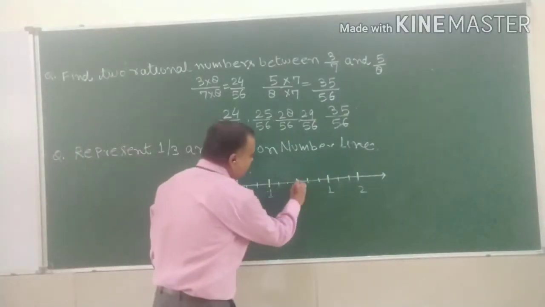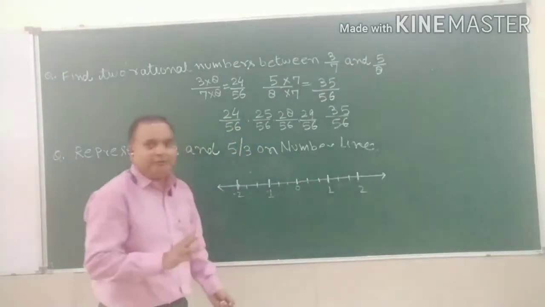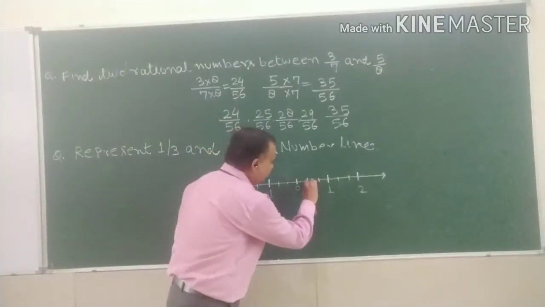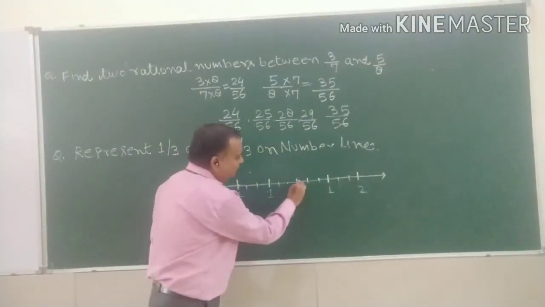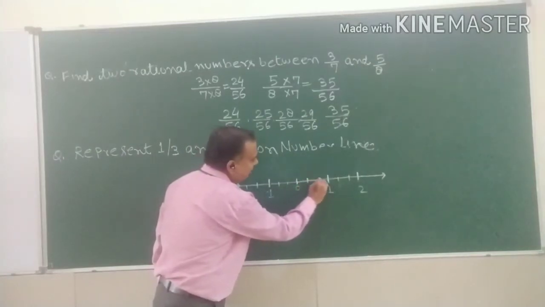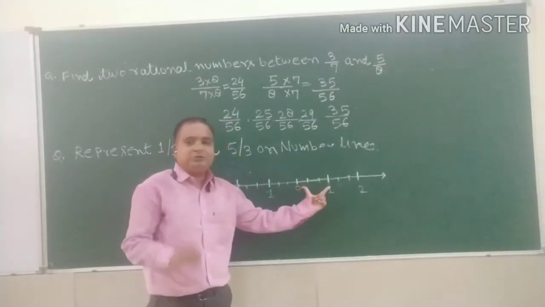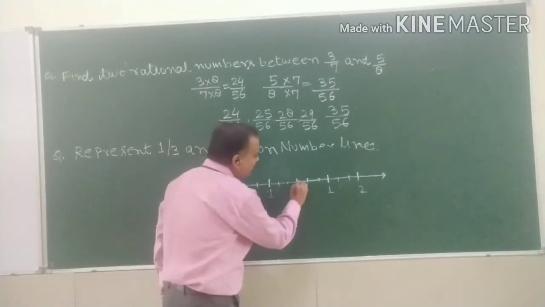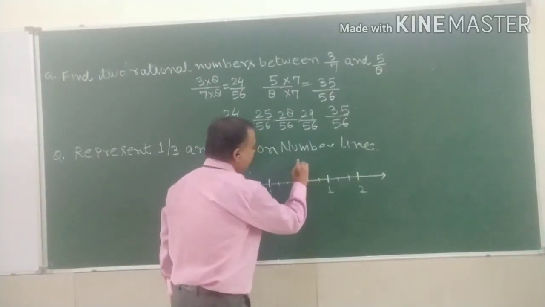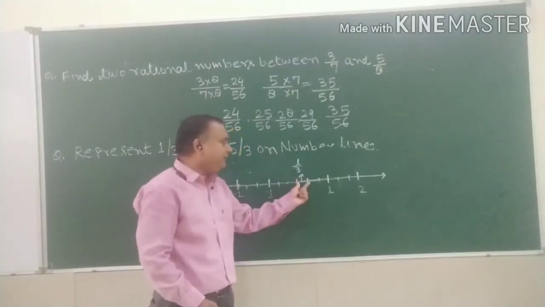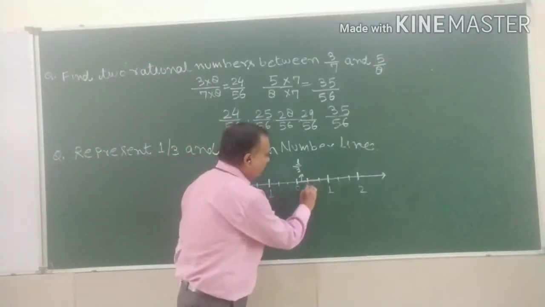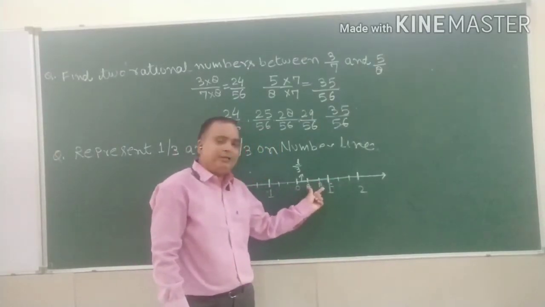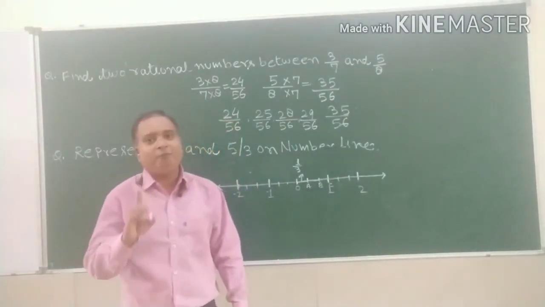So first I mark this is 0, this is 1. I have to divide the distance between 0 and 1 into 3 parts. So I divide like that. First, second, third. Now it is the first part, it is the second, and it is the third. The total distance is 1 unit and it is divided into 3 equal parts. So we can say each part is equal to 1 by 3. Is it clear? Each part represents the distance 1 by 3. Like this is point A, this is point B, this is point C. So OA equals AB equals BC, that is 1 by 3.